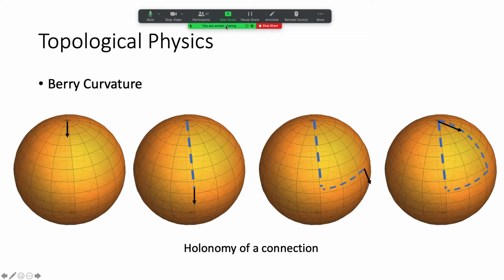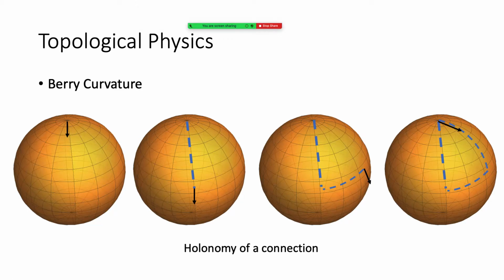So the answer is that there's a mathematical procedure called parallel transport that can help us detect curvature on the space that we are in. So if you are on the surface of the sphere, you can parallel transport a vector in a loop, and when you go back to the original position, the vector will have rotated. So this is akin to holding an arrow on Earth and walking from the North Pole to the equator, to another point on the equator, and returning back to the North Pole. And when we return back, we will have seen our vector rotate, even though we have returned back to the